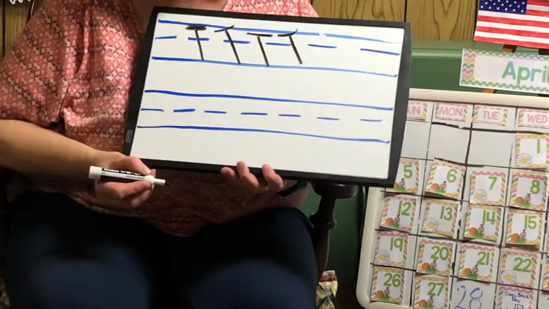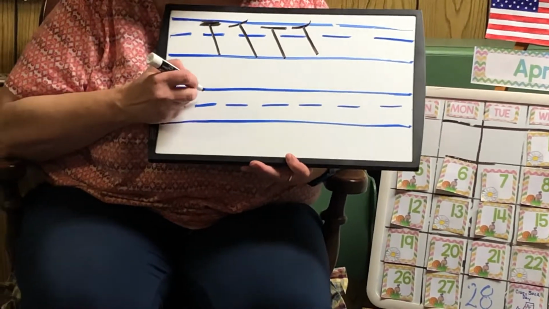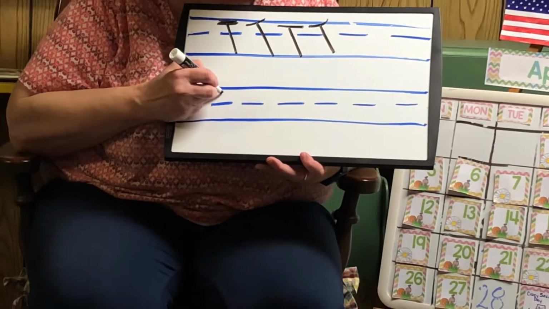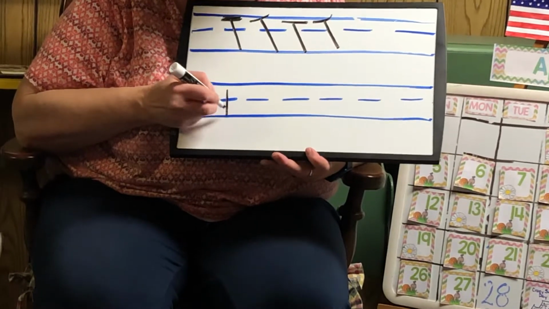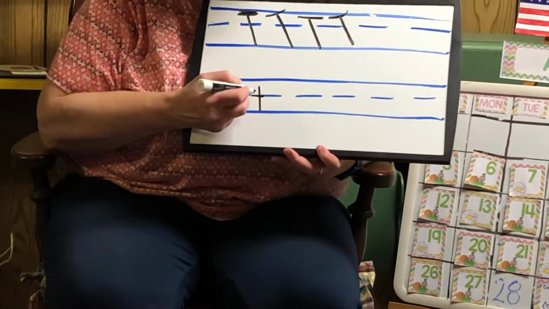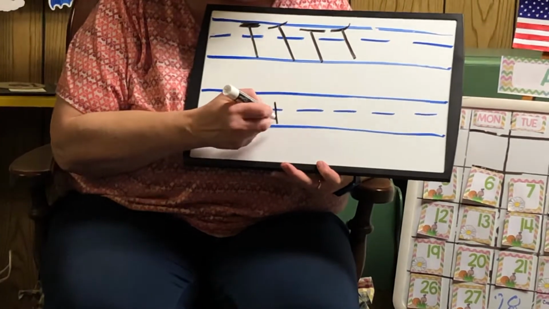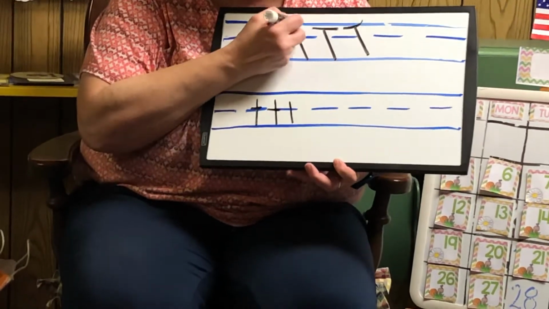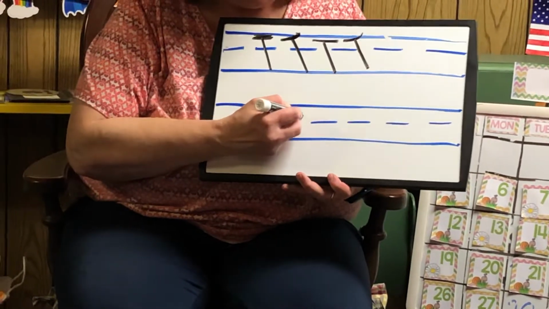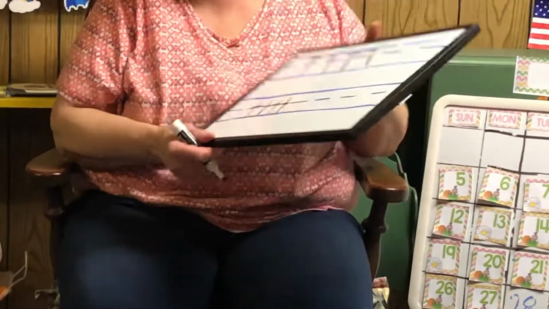Now, that's your uppercase T. When you make your lowercase t, you make a line down, but you start a tiny bit above the middle line, the dotted line. So you make a line down, and then you cross right on the dot. It's the same, but you have to watch where you cross the T. When you make the uppercase T, you cross right on the top. But when you make the lowercase t, you cross more in the middle. Line down and across. So that is your T for the day.